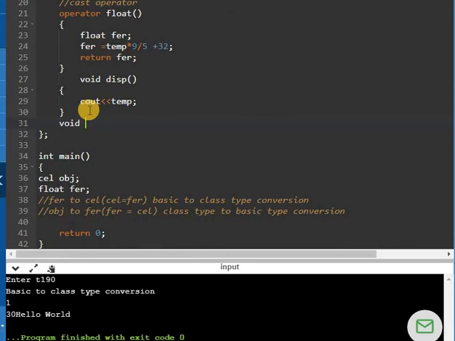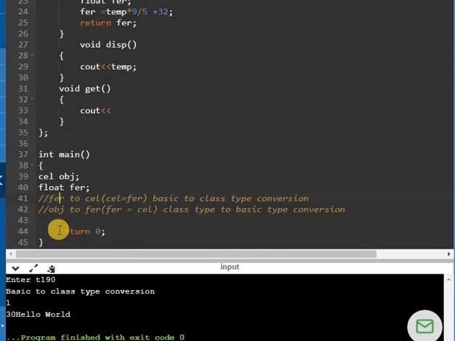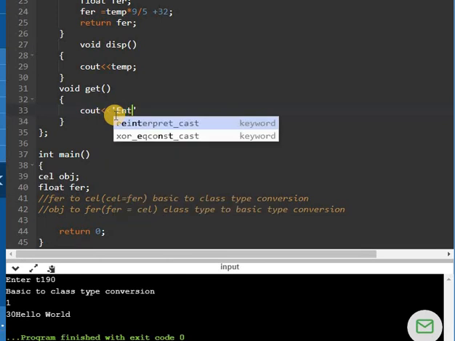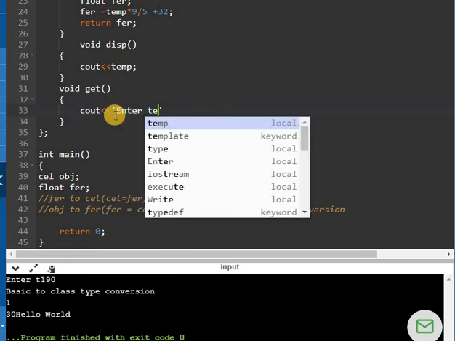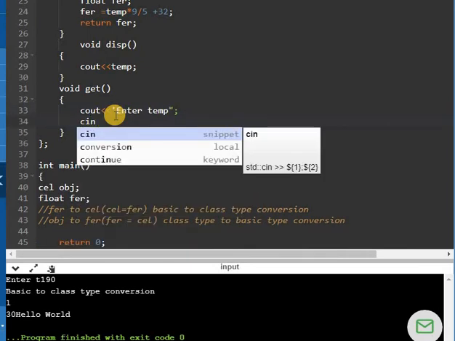So I have to add a get function, because in the earlier case we needed to get the FER value, and we were doing that in the main function, but in this case we have to input the value for the object. Then I will do this by calling the get method. So enter temp, or enter object value, you can say. We will read this.